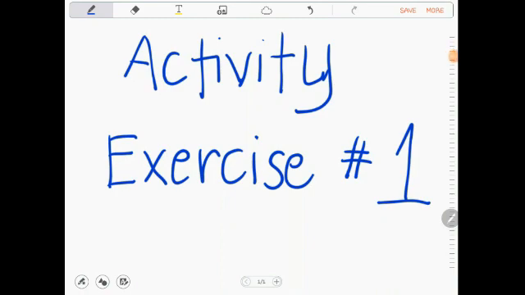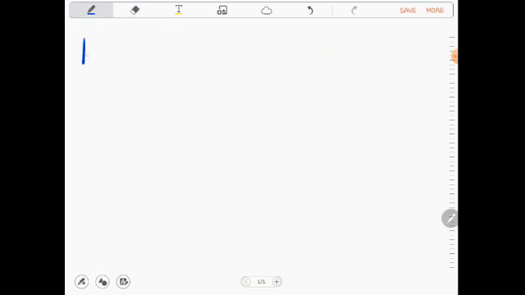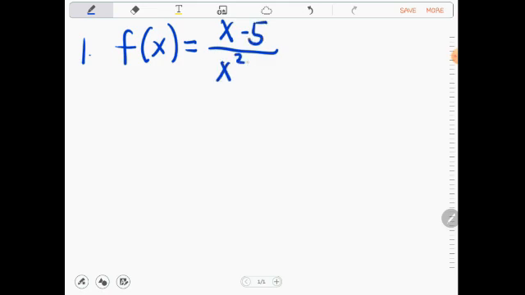Activity exercise number 1. So sasagutan natin dito sa video na ito yung ating activity exercise na nasa dulo ng inyong module 1 entitled Function, Limit, and Continuity. For number 1, yung question natin yung function of x is equals to x minus 5 all over x squared